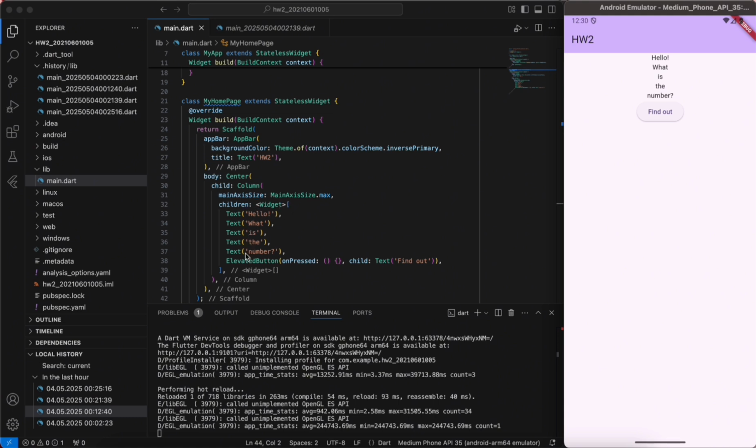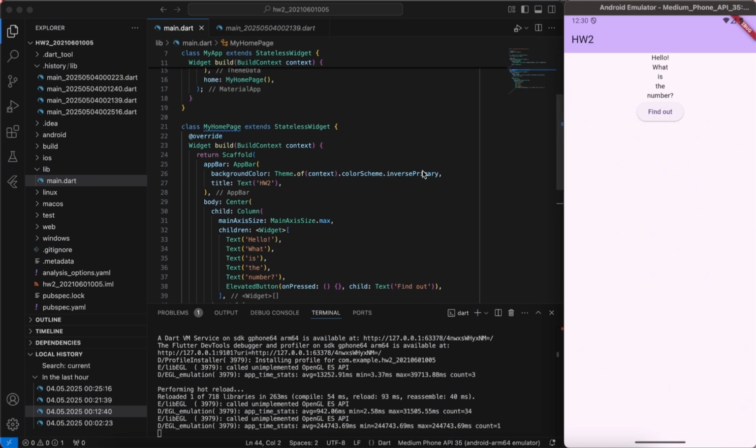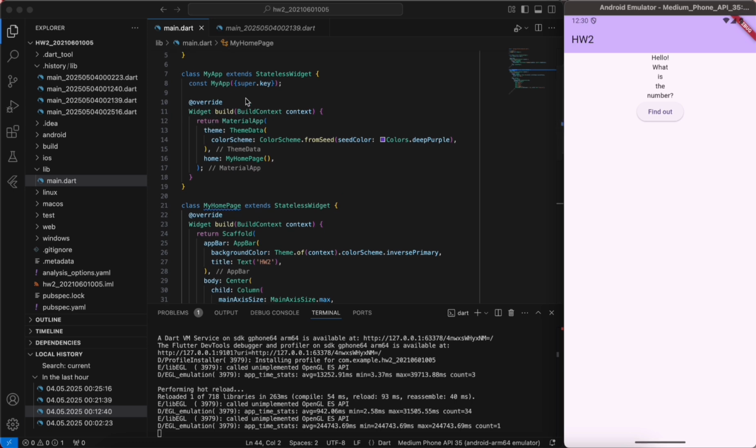Hello, what is the number? And we have an elevated button with onPressed, which is empty now. It's inside it. It has Find out text in here. These parts are classical things like